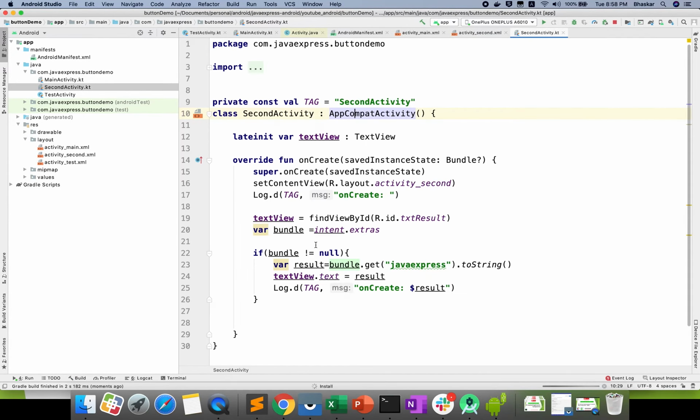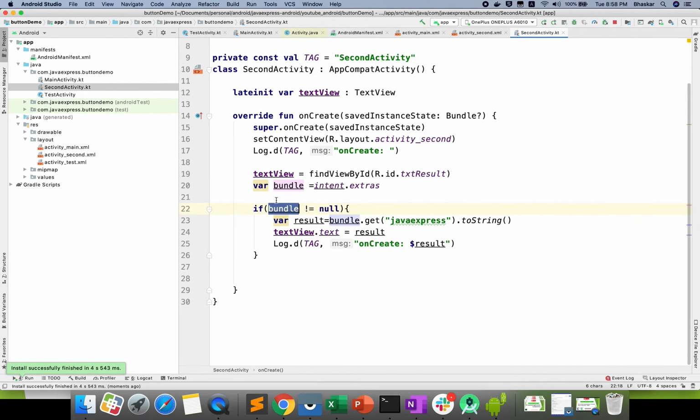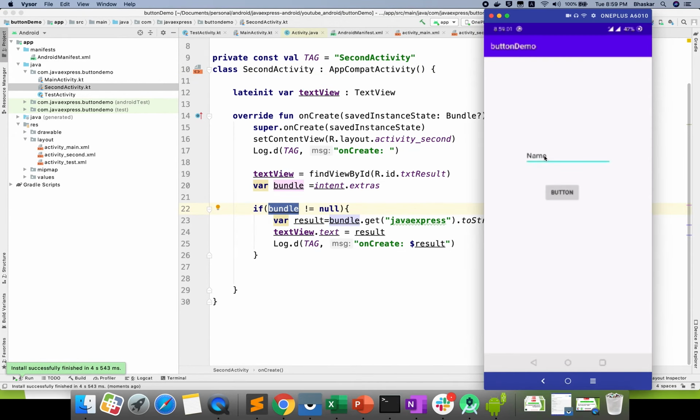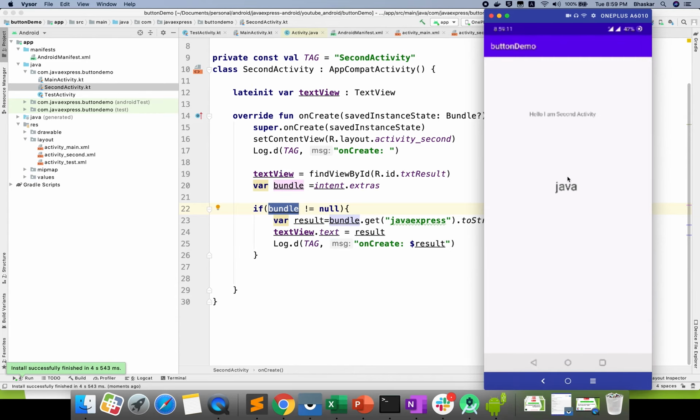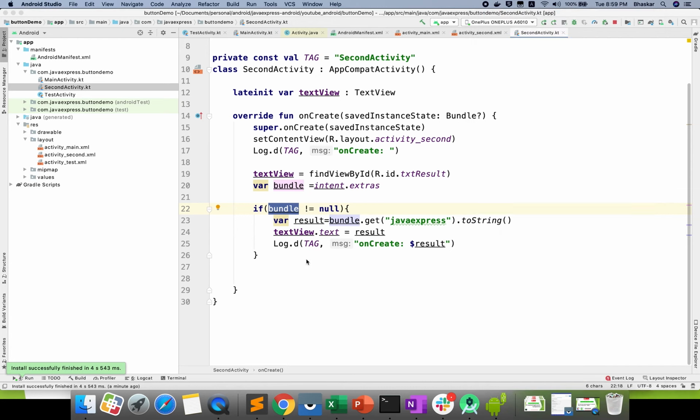In the meanwhile, we discussed the null condition, right? This is the way of writing in traditional programming. Now I'm giving some name, any name you can give, Java I'm giving. Click the button. See, the Java value is printed. The alignment issue we can see, no problem. While designing any login screen or registration form, we'll handle that, because we have different types of layouts. As of now, think about how we are printing the value in the back end. I hope you are clear.